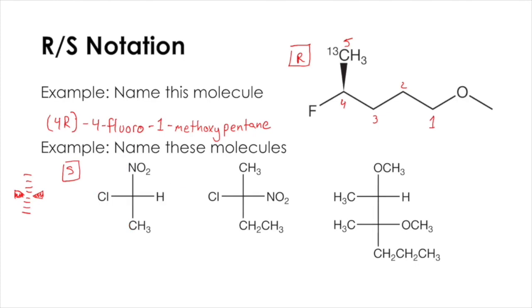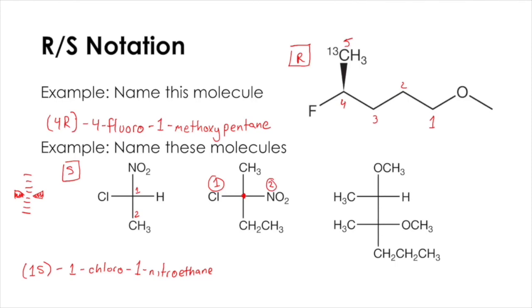And so now to name it, we find the longest chain, 1, 2, like that. And so we have 1S, and then 1 chloro, 1 nitro, ethane. And now for this carbon here. Again, chlorine is 1,